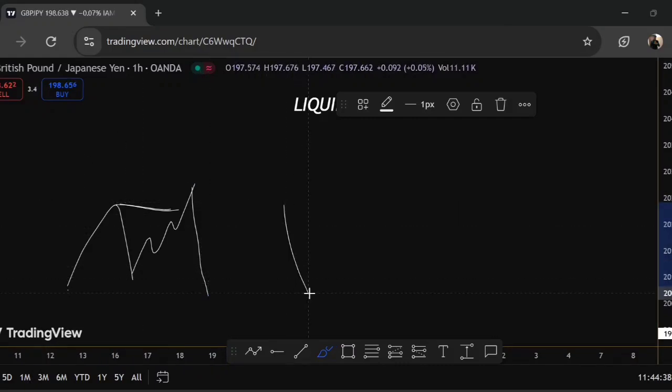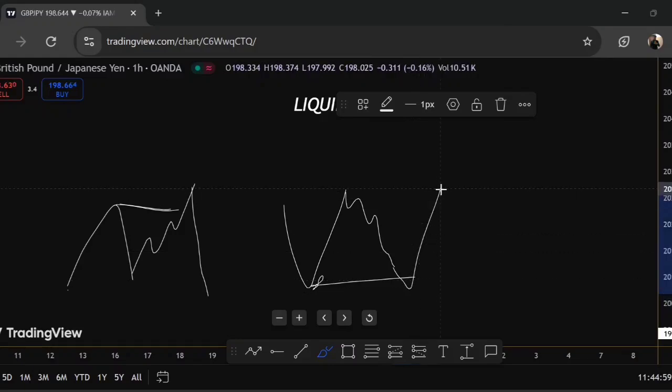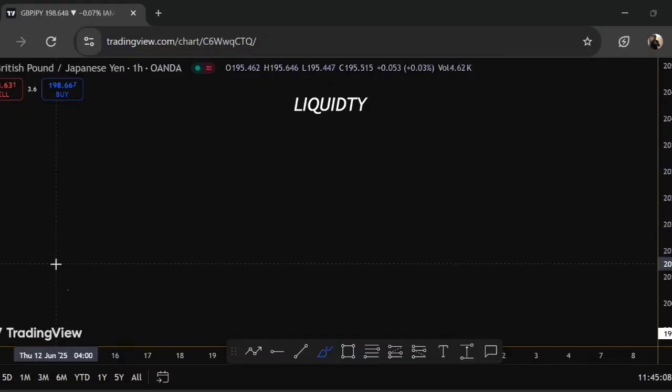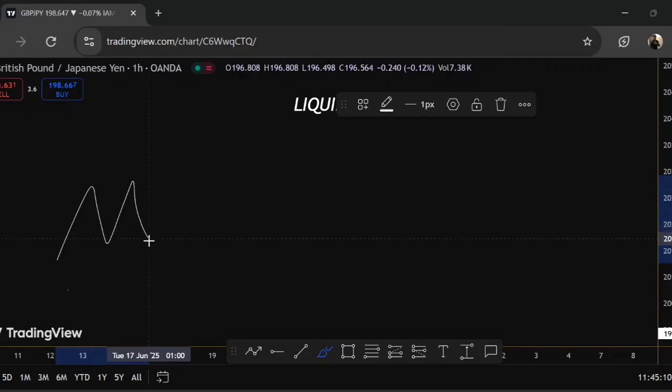Let's assume price created a low. What do you think most people would be looking to do around this low? Go short, because buyers got involved around here, right? But the concept of liquidity states that what we want to see is for price to take out this low before continuing going up. So for the basic liquidity, we have what we call the double top liquidity, the double